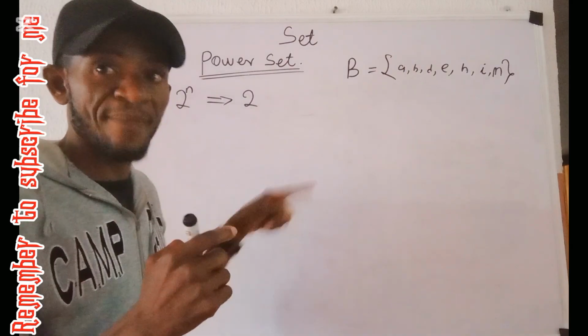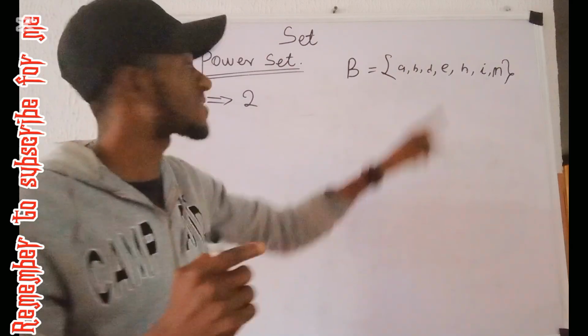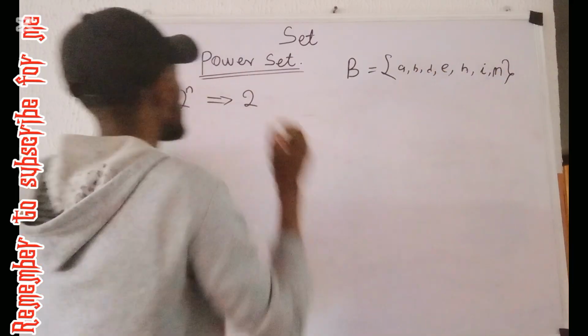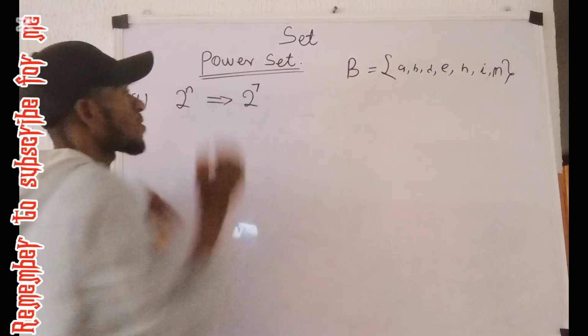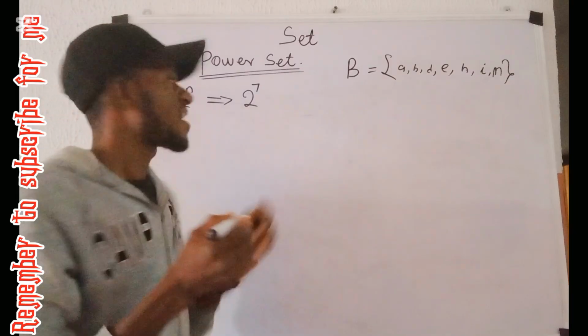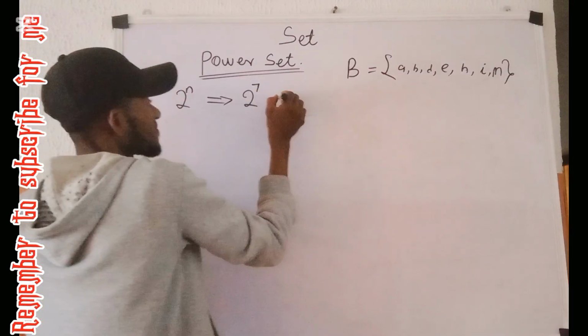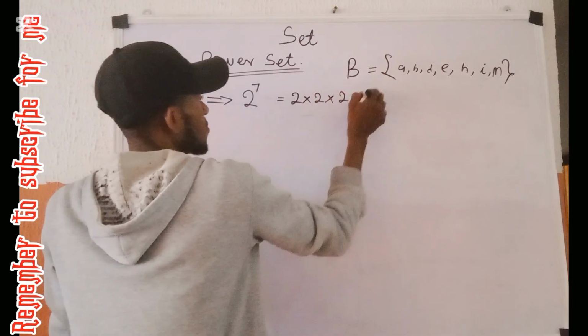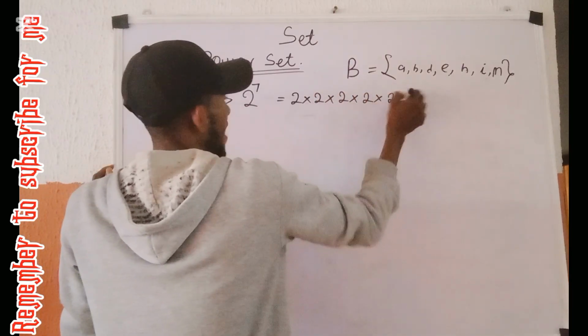The value of n is the number of elements inside that set: 1, 2, 3, 4, 5, 6, 7. So it becomes 2 raised to power 7. And of course, 2 raised to power 7 is going to be 2 times 2 times 2 times 2 times 2